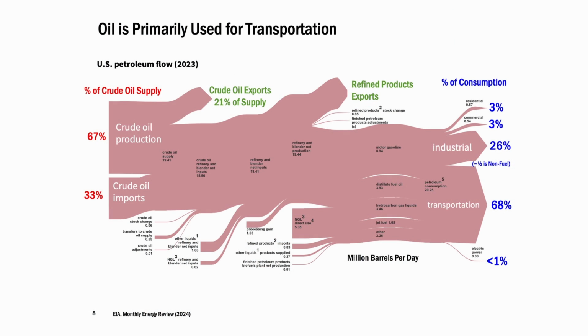So exports, and then of course we've long exported refined products. So that's the stuff at the back end of the refinery. So we were always allowed to take the crude oil in, make the gasoline and diesel, and then sell the gasoline and diesel in other markets outside of the US. It was just the crude oil that added in 2015. So you can see we export refined products. And then the products that go into, or oil goes into transportation or into industrial, and about half of that is feedstocks and half of it is just burning things for transportation fuels. So even some of that industrial piece is going into our transportation fuels.